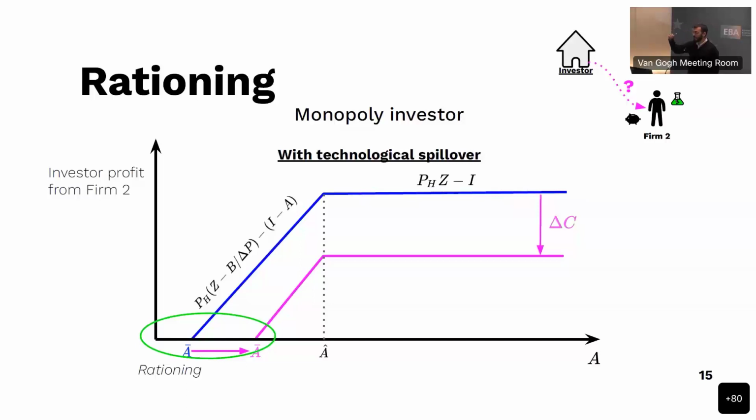And what you see is that once you trigger this technological disruption inside the story, what happens is a shift downwards of the profit function of the investor, which extends the rationing zone of the project from the blue A bar to the purple A bar. So basically this extension means that these disruptive firms face a penalty. That is, if they have cash that is between those two A bars, now they will be rationed.